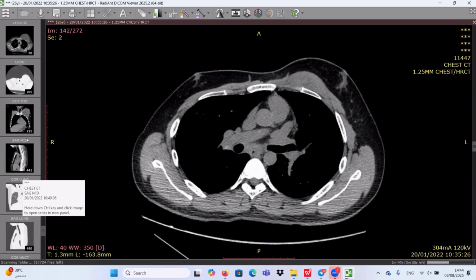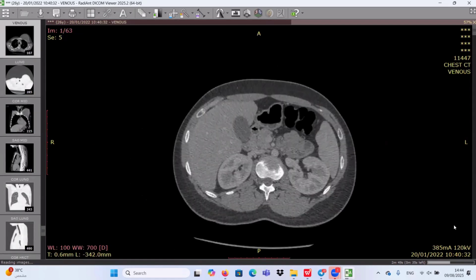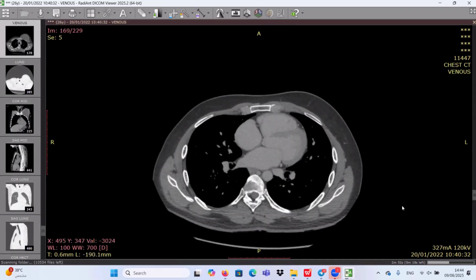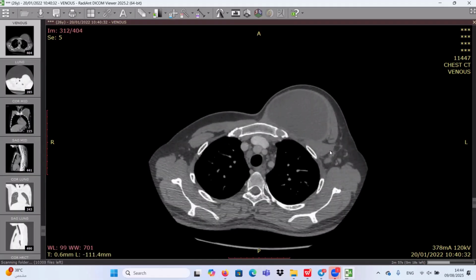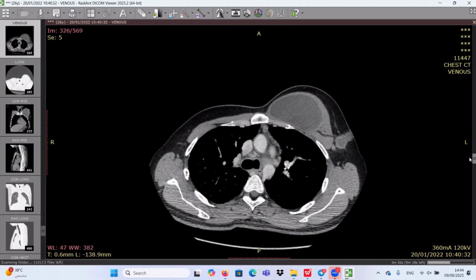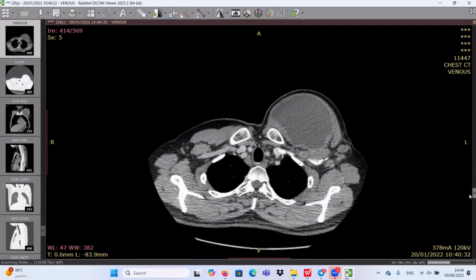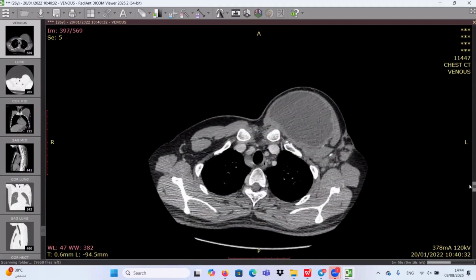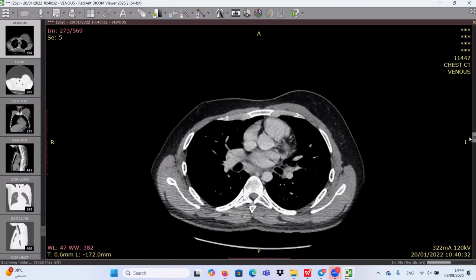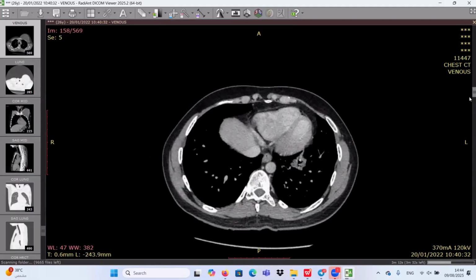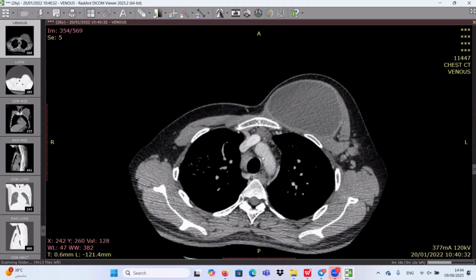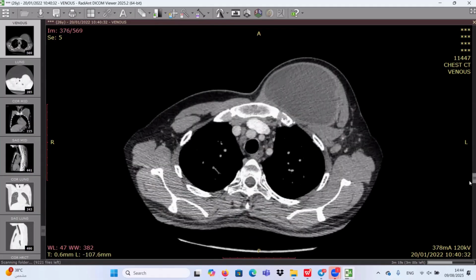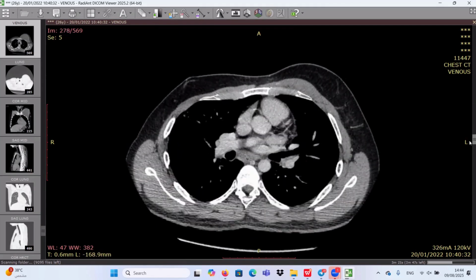I will show you the post-contrast study, mediastinal window. I've been provided with the mediastinal window contrast CT images of the same patient. The soft tissue mass is mostly showing fluid density within, likely due to the cystic nature of the lesion or internal necrosis. There are multiple enlarged lymph nodes I can notice, also showing some necrotic center with non-enhancing